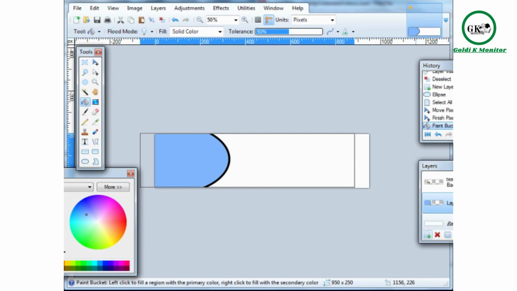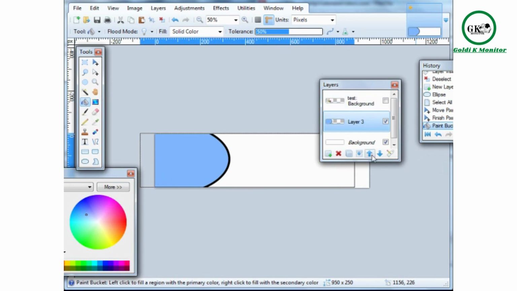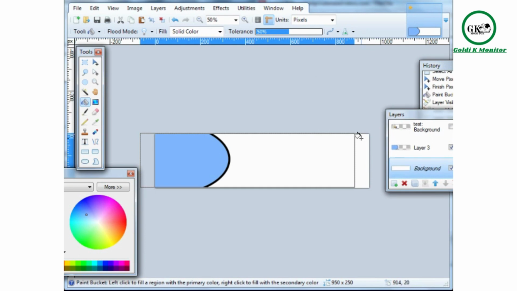And then as you can see here, I'm dealing with 3 different layers. I'm dealing with this layer, which is the shape, and then I'm dealing with the background. So now I want to change the background to something like red. So let's choose red, but I want a dark red. I don't want it too dark, but